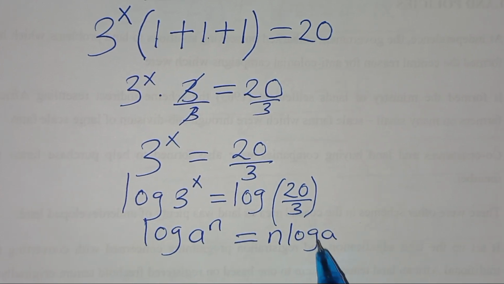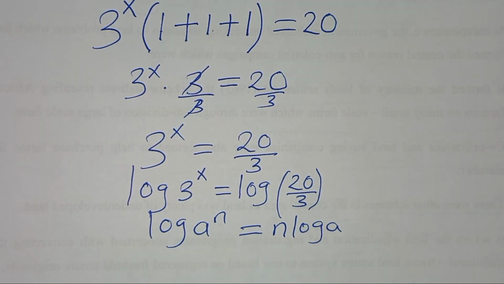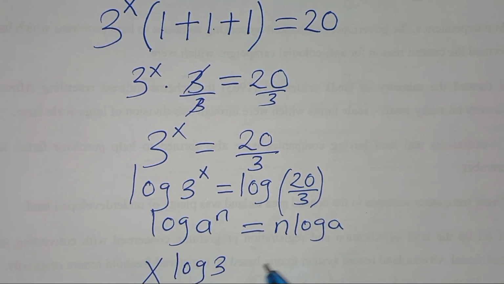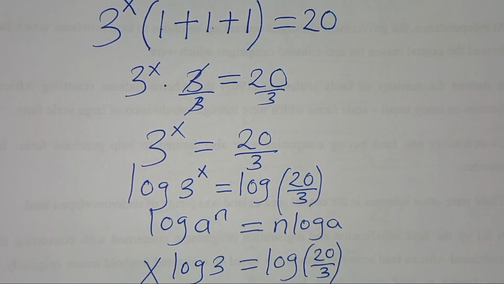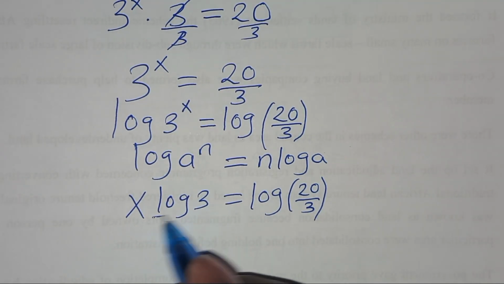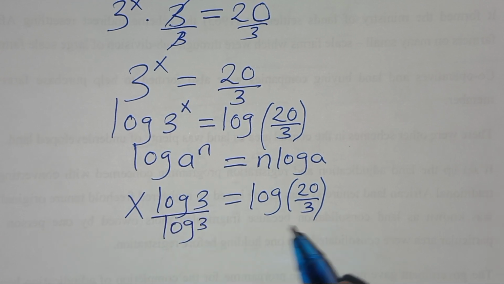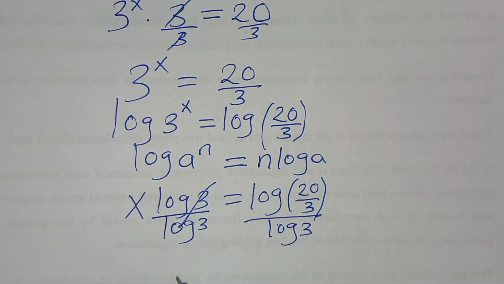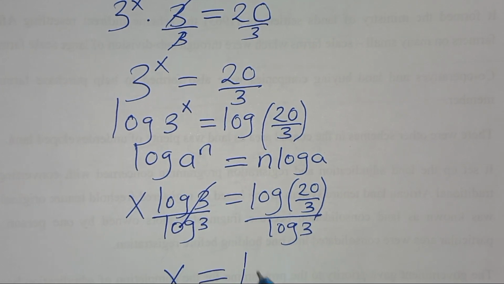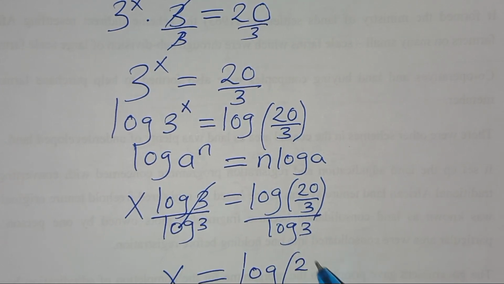Applying this power rule property of logarithm, then log 3 to the power x becomes x log 3. This is equal to log 20 divided by 3. So let's divide both sides here by log 3 and also here by log 3. So that you simplify here, the value of x is equal to log 20 over 3